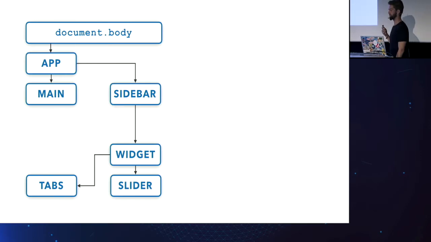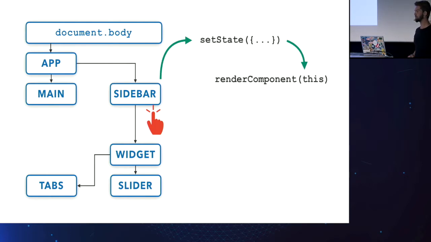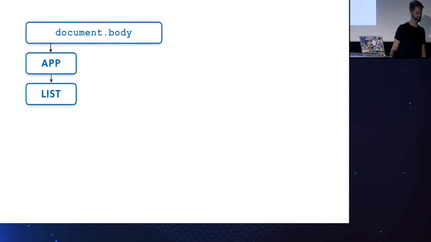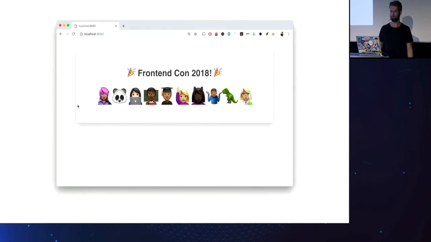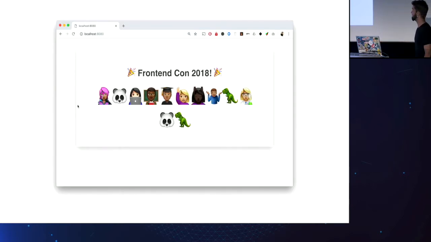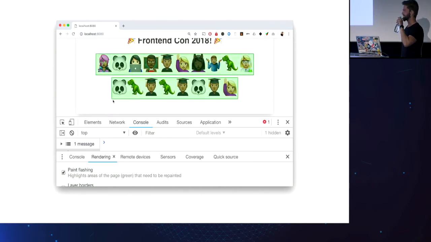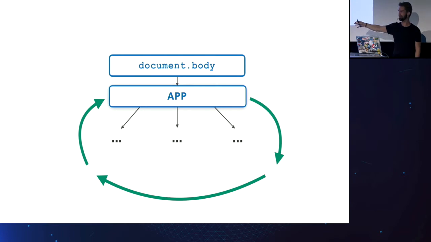So when you have your application, let's say it's structured like that, and you call setState here. What happens is that it calls renderComponent, which calls render, and it goes down the tree. The rest stays untouched. So for my example, when setState is called in the list component, only the list is re-rendered. After implementing this, this is what we have. And only the list is re-rendered. All right, sweet. So we're getting somewhere. The cool thing here is, and I cannot say that enough, once it's in, setState does